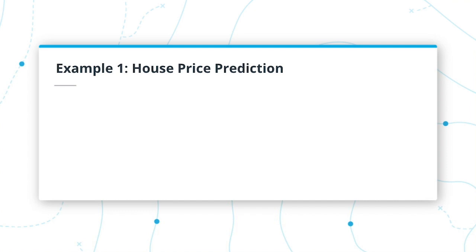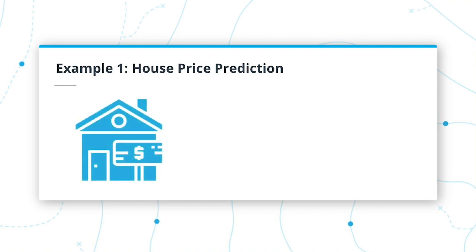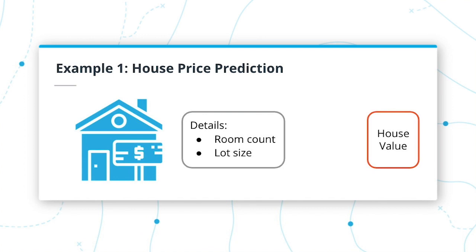We will start with one of the most common examples in machine learning coursework: house price prediction. You want to predict the value of homes in your neighborhood. You know that real estate appraisers use many details to predict value, such as the number of rooms and the house size. Therefore, even if you don't understand the relationship fully, you believe a relationship exists between these observable details